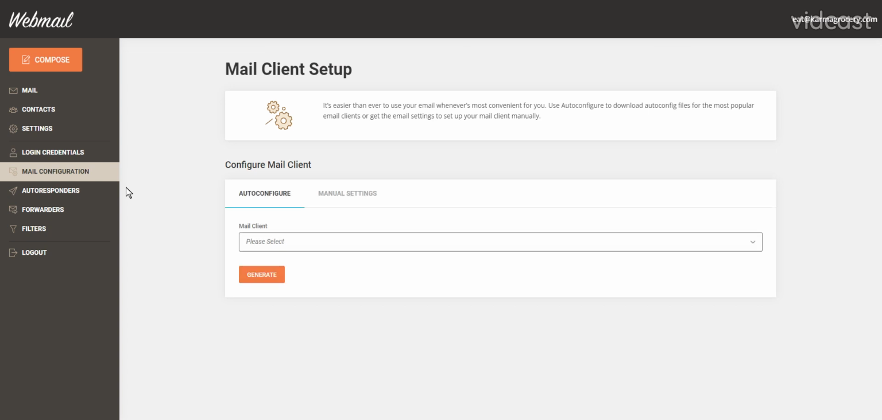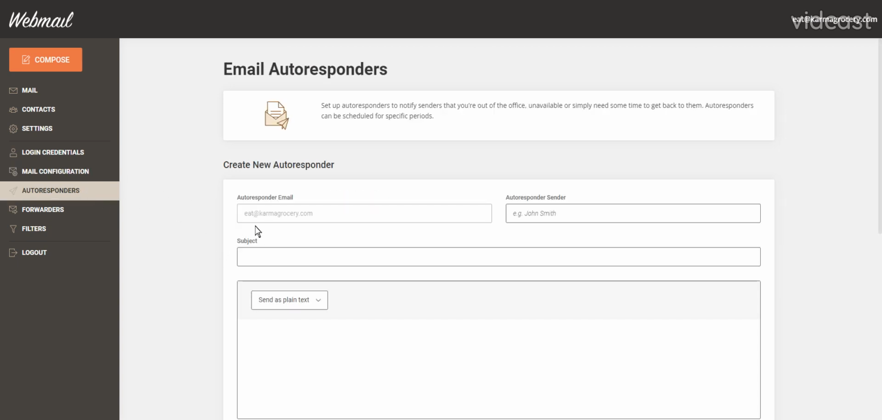Under mail configuration, these are our settings for programming this to your mail account. And we'll do that in the next video. And then autoresponders, if you're going to be out of the office, you can just say that you're going to be out. So we say autoresponder from Karma Grocery, subject out of the office. And then I would just say,